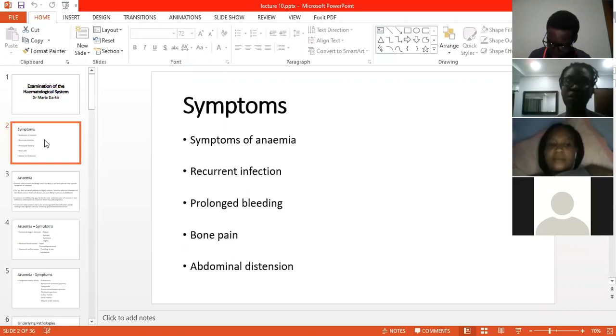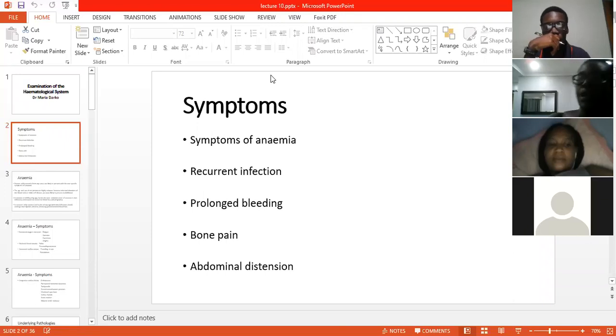So symptoms of hematological system involve symptoms of anemia, because if there's a shortage of red blood cells, then you have anemia. So those symptoms would be present. Then symptoms of recurrent infection, because the white blood cells protect us from infection. So if you have a problem with the white blood cells, then you would have recurrent infection. Then prolonged bleeding because of the platelets. If there's a dysfunction of the platelets, or if there's a decrease in the number of the platelets, whatever reason, then you have